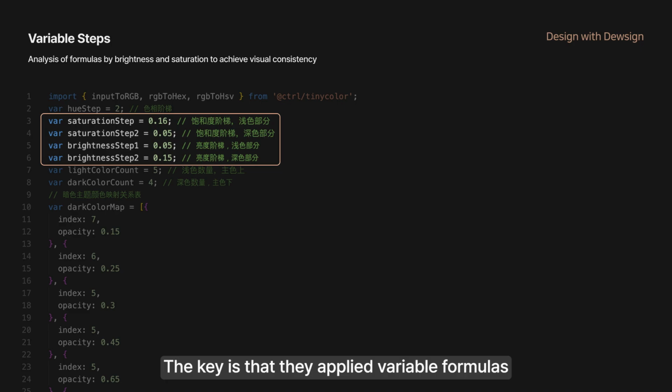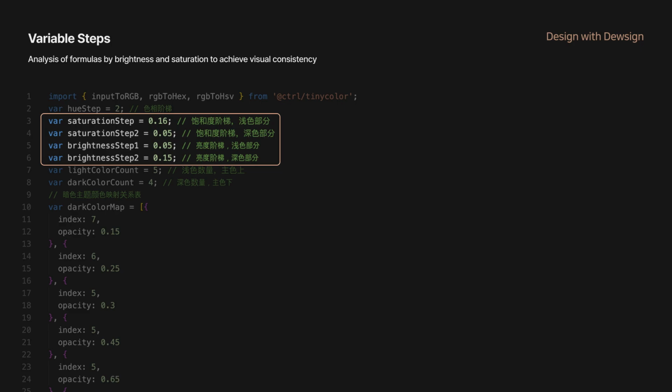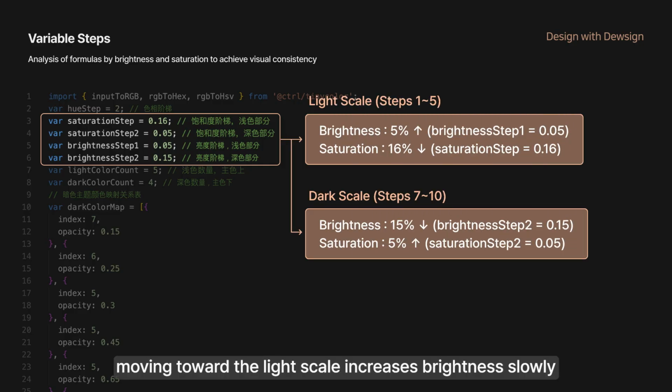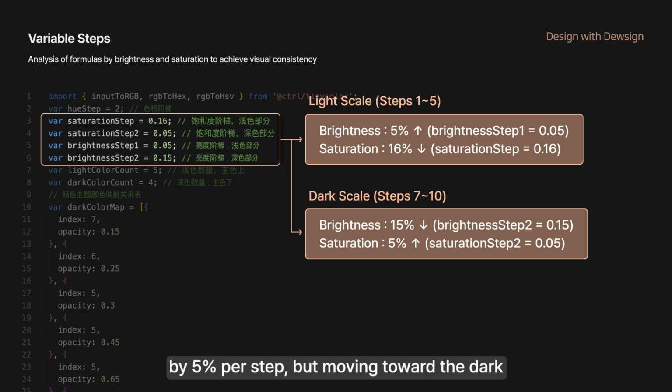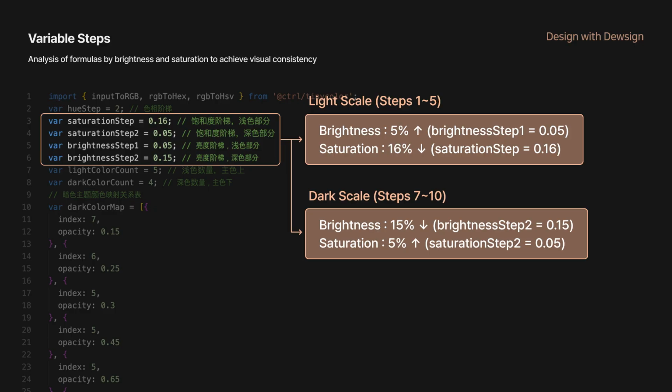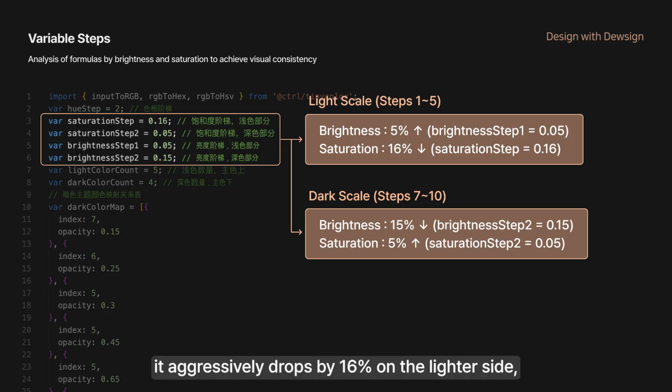The key is that they applied variable formulas with different rates of change for the light and dark sides. In the code, moving toward the light scale increases brightness slowly by 5% per step, but moving toward the dark scale drops brightness sharply by 15% per step. Saturation follows a similar logic. It aggressively drops by 16% on the lighter side, while subtly increasing by 5% on the darker side. They implemented a perfect curve logic by calculating the difference in how the human eye perceives light and dark through